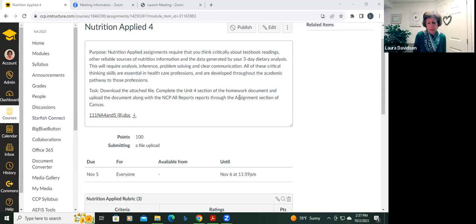Hi, this is the how-to for the Nutrition Applied for Units 4 and 5. So this is a little bit different because there's one document and you'll fill out the